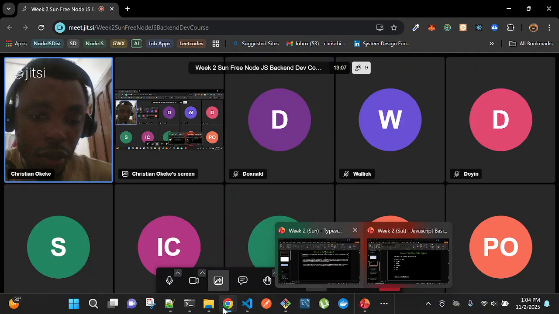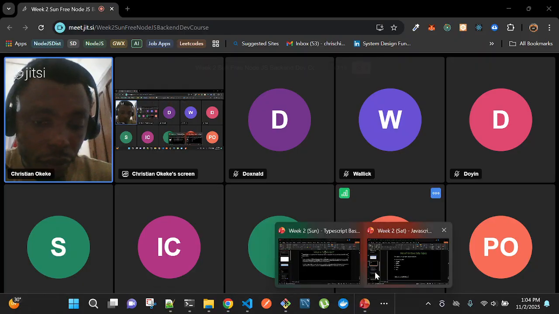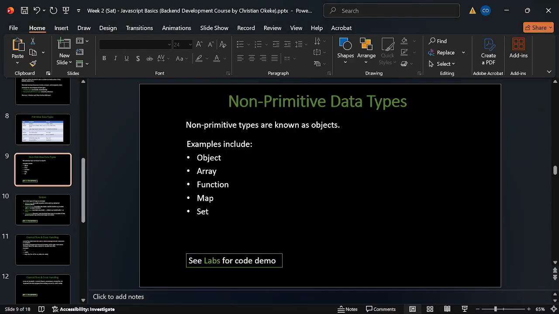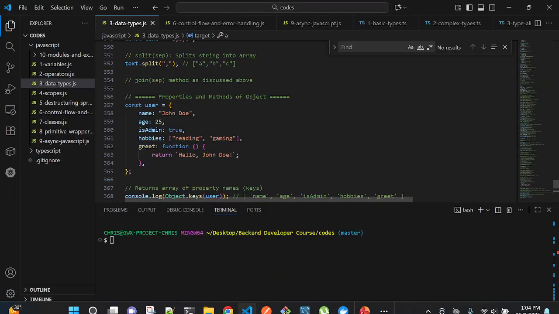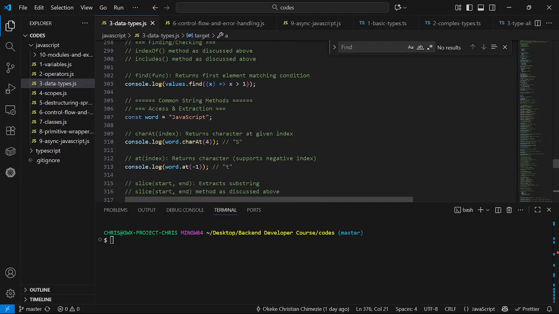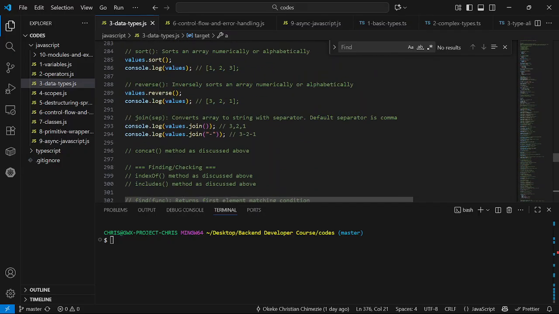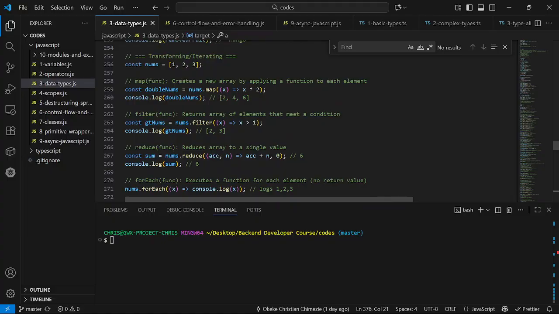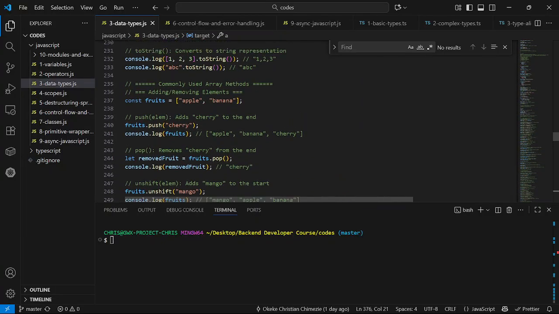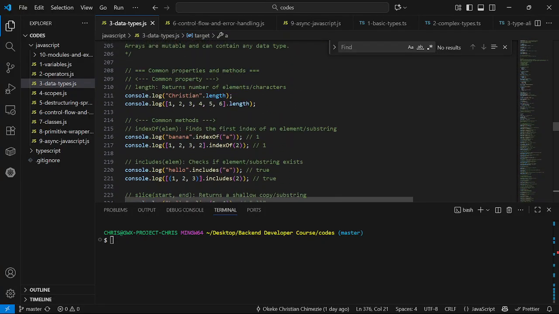Yesterday we got into the non-primitive data types in JavaScript, and we were discussing the functions in array. There are many functions in array, but we treated the map function. I was explaining the map function, and there are some other functions in array. Because of the time limit and the things we're going to cover, I'm going to limit